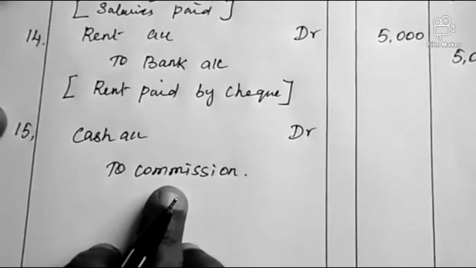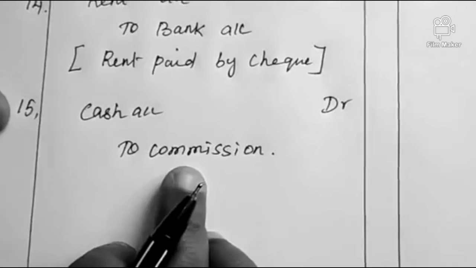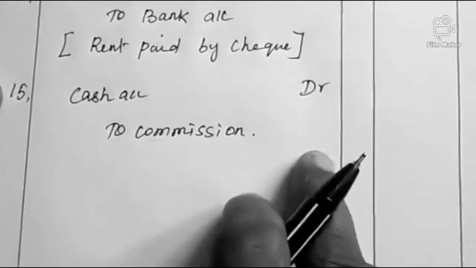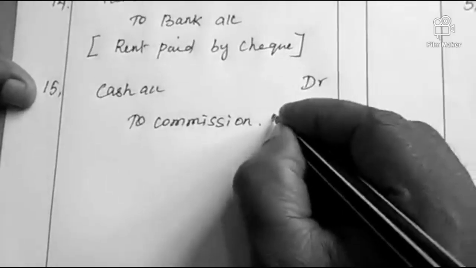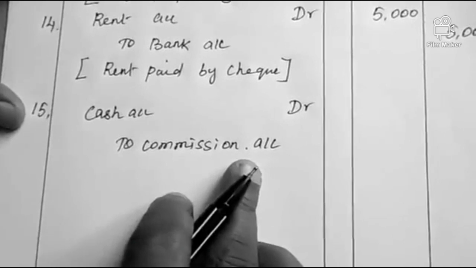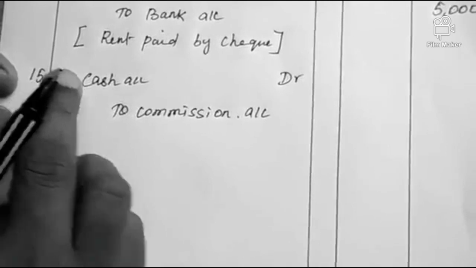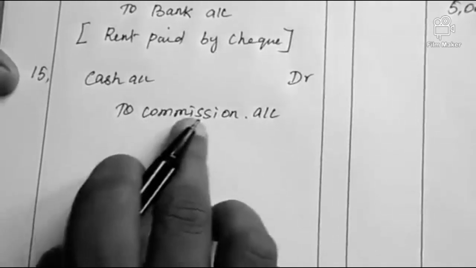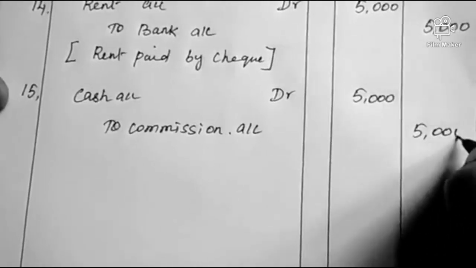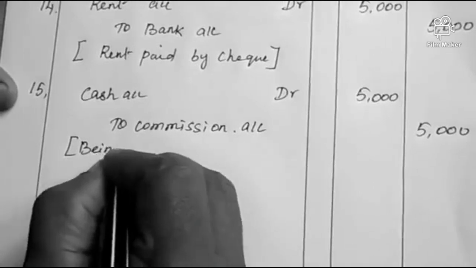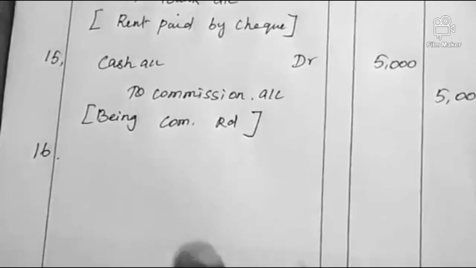See, commission is an income. Income means it's a nominal account. The nominal account rule is debit all expenses and losses, credit all incomes and gains. So commission is an income, no? Here you have credited the commission in this transaction. So commission account credited. When you receive commission in the form of cash, what comes in? Cash comes in. So the real account rule is debit what comes in, cash comes in. The nominal account rule is credit all incomes and gains. 5,000. Narration: being commission received. Then next transaction.